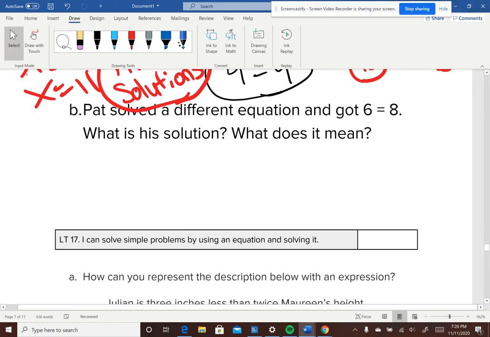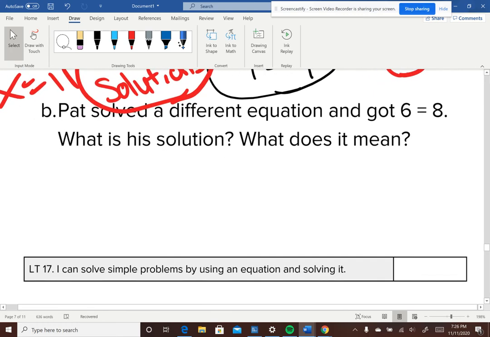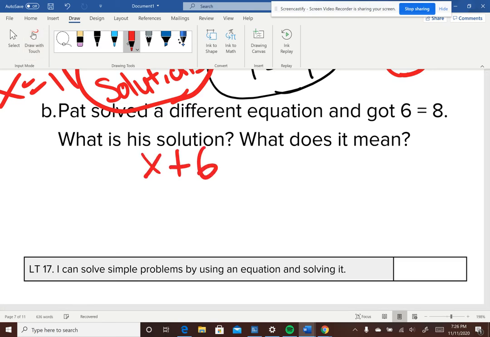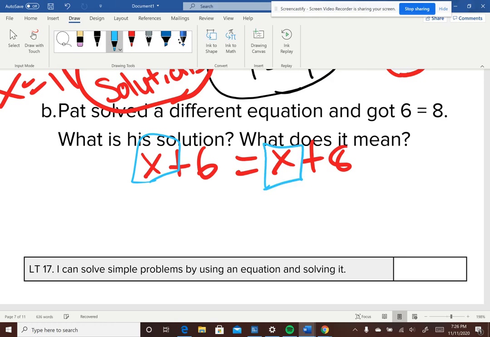All right, so now we're looking at B. Pat solved a different equation and got 6 equals x. So let's go ahead and put our x's back into it. x plus 6 equals x plus 8. Well, here it doesn't matter what we put in for x. There's no way that we could get our equation to equal